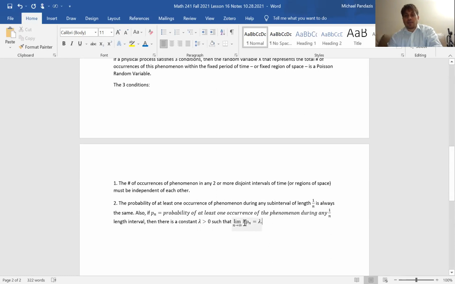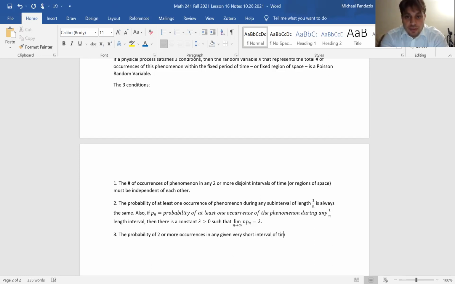So the limit of the product of n times the probability of at least one occurrence of the phenomenon during any 1 over n length interval is equal to lambda. That's the second condition. The third condition is that the probability of 2 or more occurrences in any given very